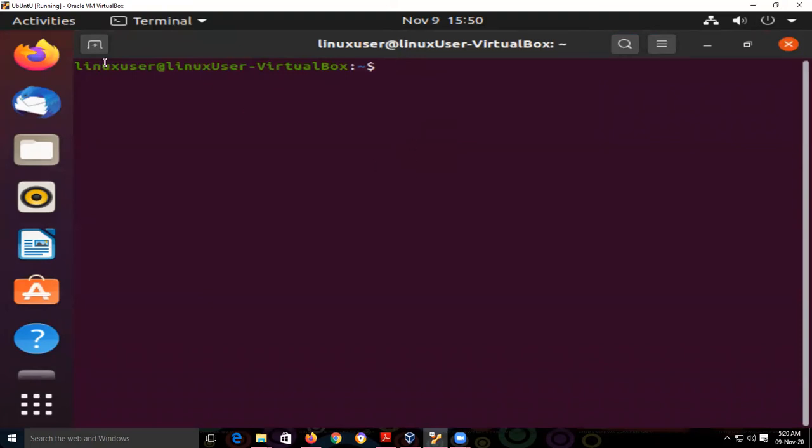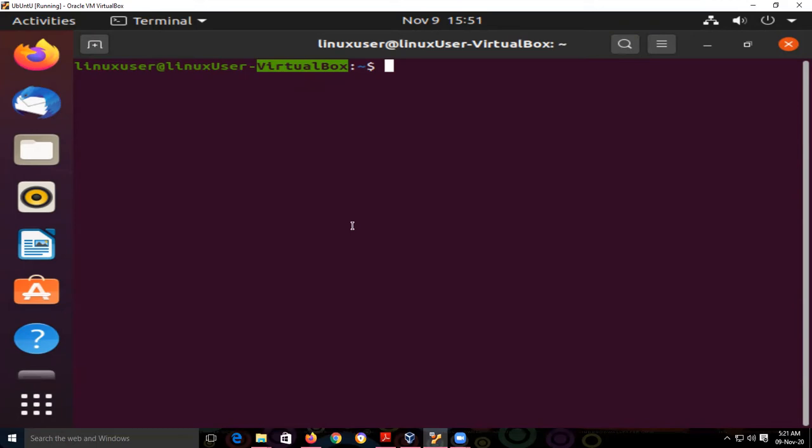Then I will explain the structure of the terminal. Linux user is the name of the user, at the rate Linux user, virtual box, we are logged in to the virtual box. If we have a direct physical installation, in the place of virtual box it will display localhost.